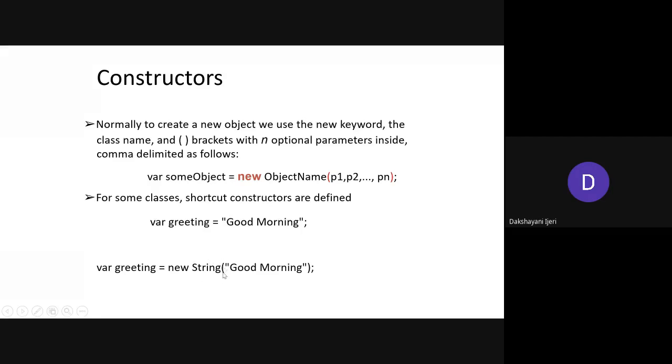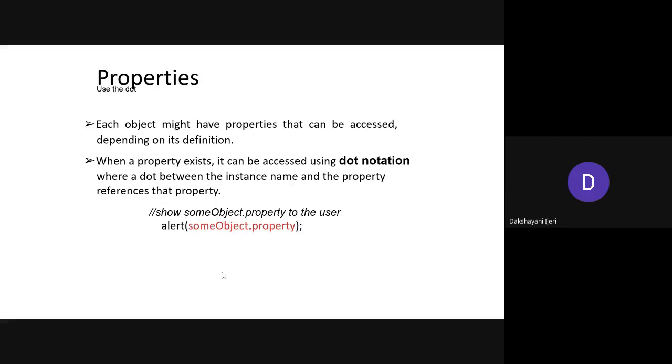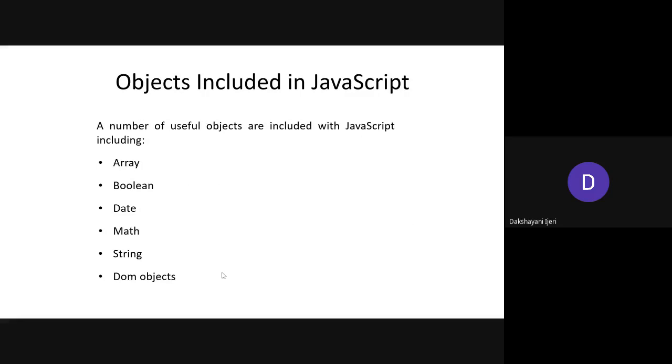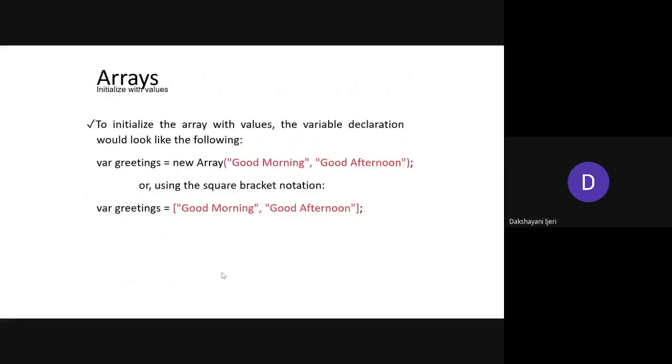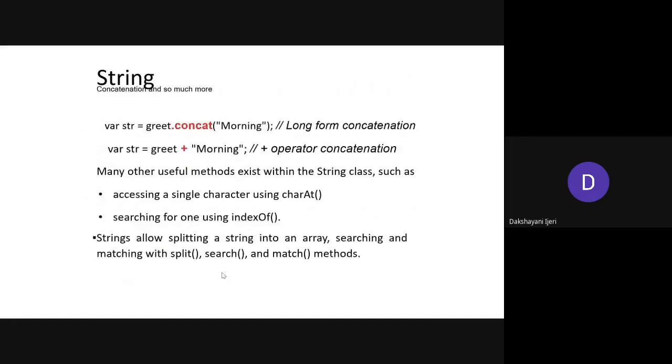Because whenever you create this string, you are not only related to the value associated with the string. Apart from that, you also have various methods that you can use on that string. So let's see what the different properties are here. I think it has not been mentioned here, or you have it later.